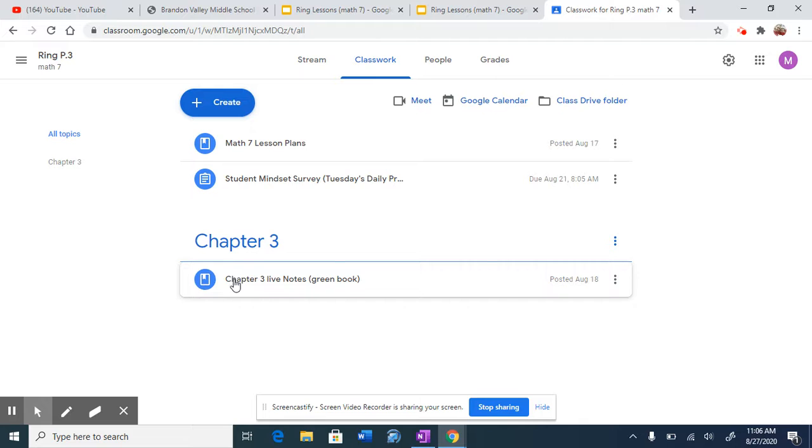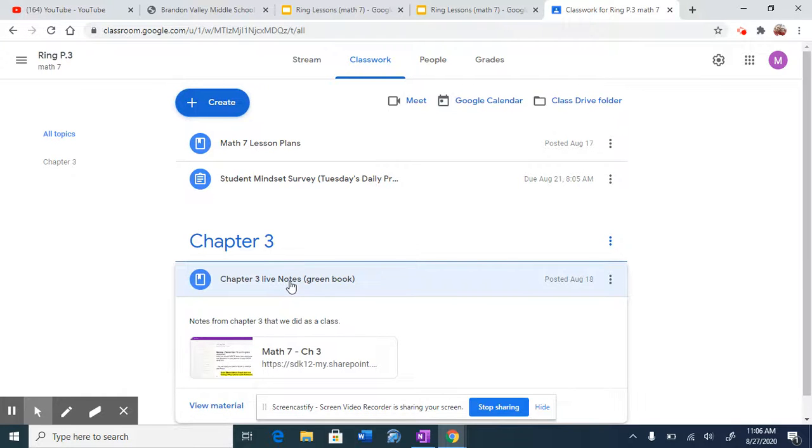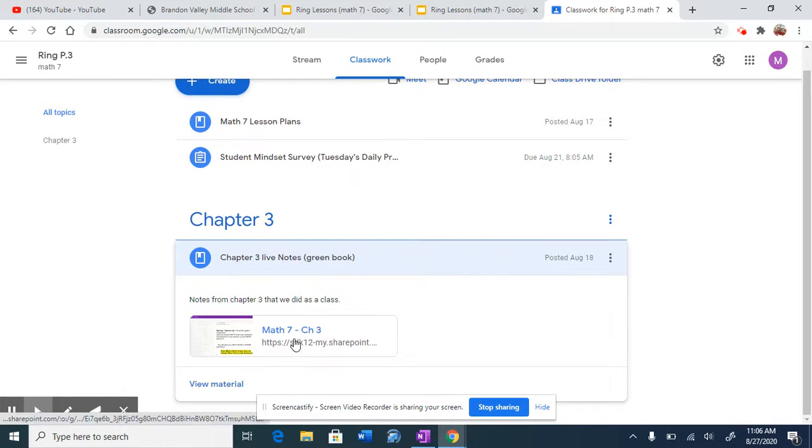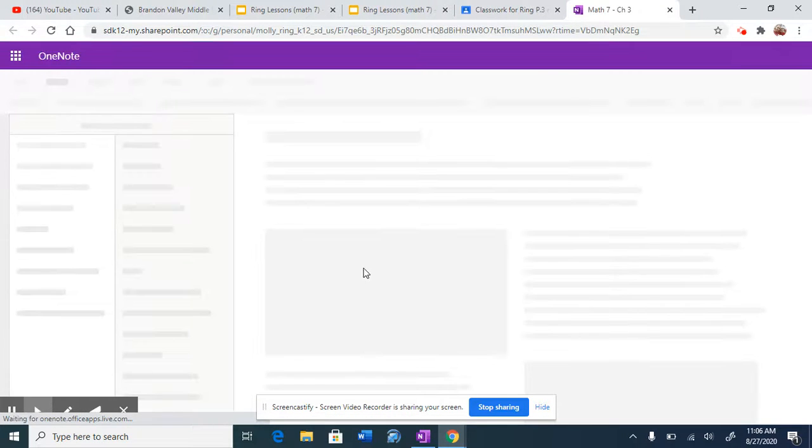And then you can see under each chapter, I will have a section of live notes. These are the notes that I take every day in class. Hopefully your student is following along inside the class, but in case they are absent or in case they did not have time to copy everything, I have the notes in here. It is organized